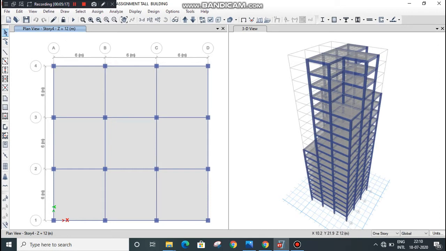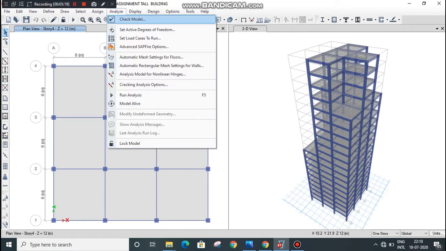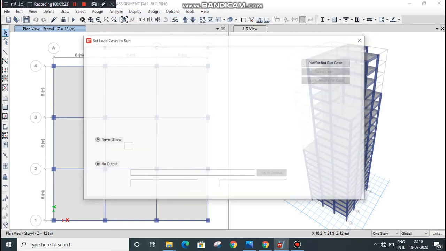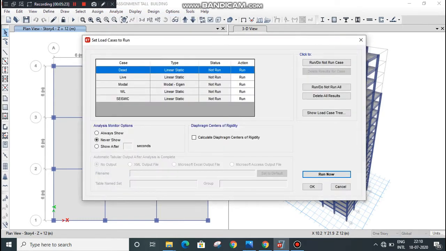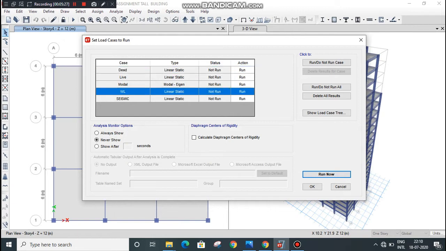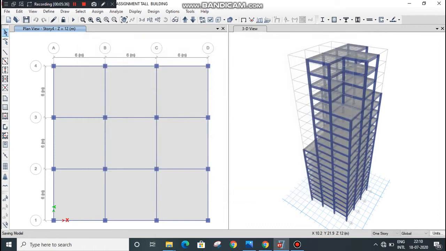Now we will analyze our building. Go to analyze, go to set load cases. There is no need to analyze for wind load, therefore select wind load and click to do not run case. Click on run now. It will take some time. Here you can see in the left bottom corner, analyzing is in processing mode.